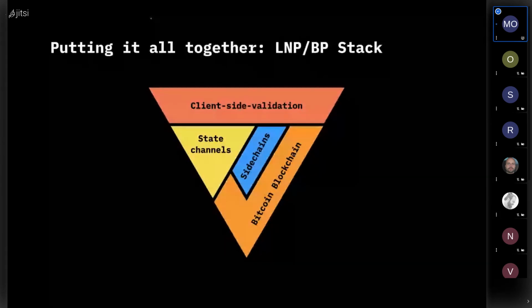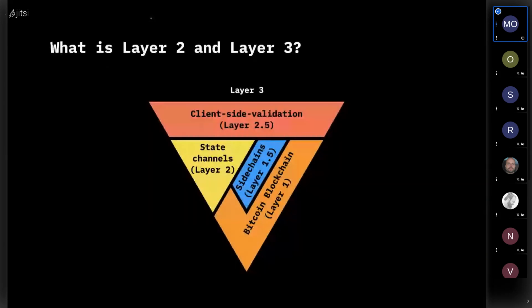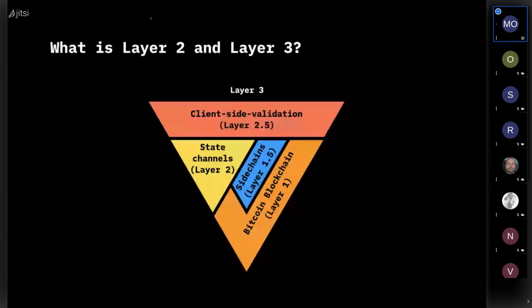But of course, it's very different from what is usually said as layer 1, layer 2, layer 3, because it's really hard to distinguish here where is the layer 1, what is the layer 2, and what is the layer 3. Sidechains, are they layer 2? Client-side validation, is it layer 2 or 3? When it is put on top of state channels, it's probably layer 3. When it is directly working on top of Bitcoin blockchain, it's clearly layer 2. So there is a lot of ambiguity,